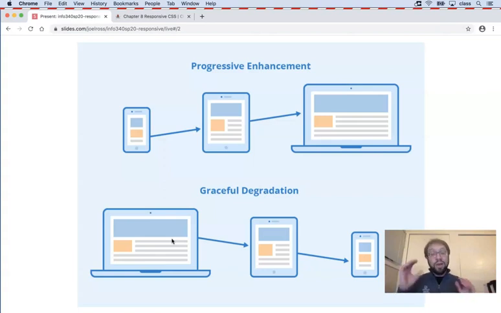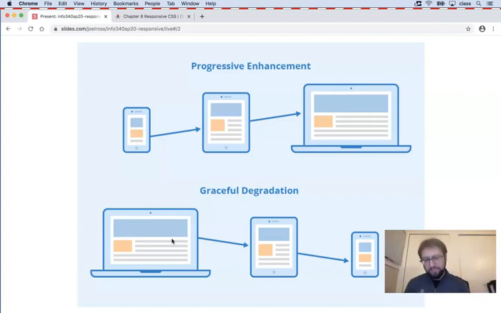We can say, oh, look, now we have room to show more images. Now we have room to show our content side by side. Now we have room to show a bigger banner at the top. So you can think of it as, as we gain more space, we start being able to add more functionality to our page. We're doing what we call a progressive enhancement approach, where we start by making sure everything works perfectly on a small device,